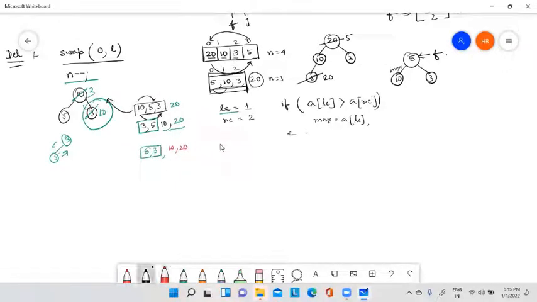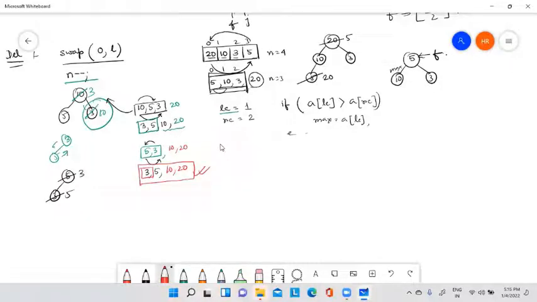So after that, what is the picture? 5, 3. Again, I will interchange these two. It means 3 will come here, 5 will come here, and then n minus minus. It means 3, 5. Then these two are already there in invisible form, and n minus minus means now I will only consider this one. So now see the picture, the array is now sorted.